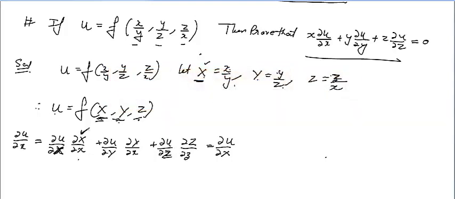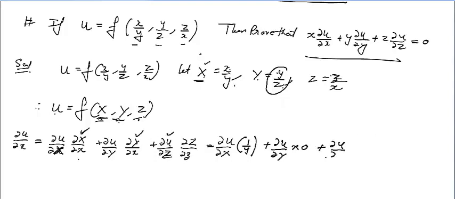So the value of ∂X/∂x will be 1 over y, very easy, plus ∂u/∂Y as it is, times the derivative of y with respect to x. You don't have x in y, so the derivative will be 0. Now plus ∂u/∂Z, times the derivative of capital Z with respect to z. z is a variable, 1 over x will be constant, it stays outside, and the derivative of z with respect to z is 1, so it will be 1 over x.